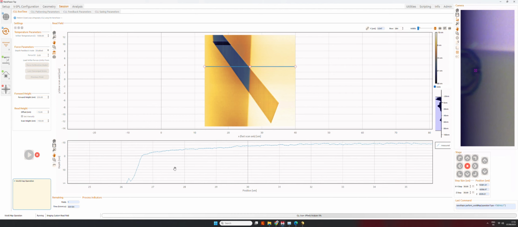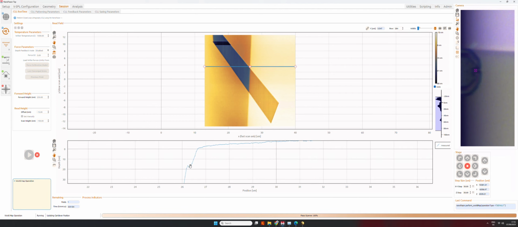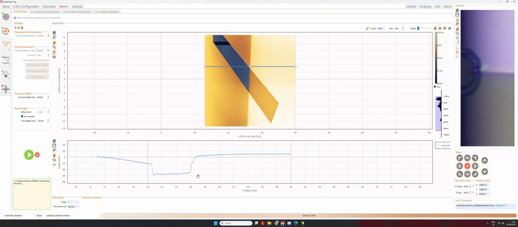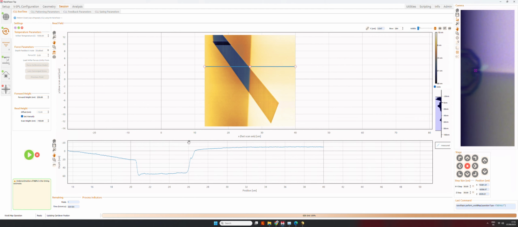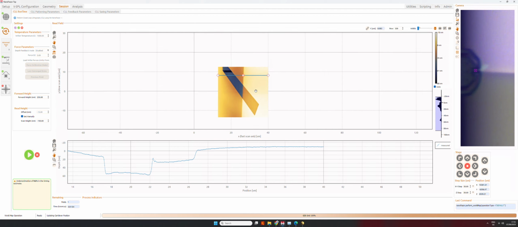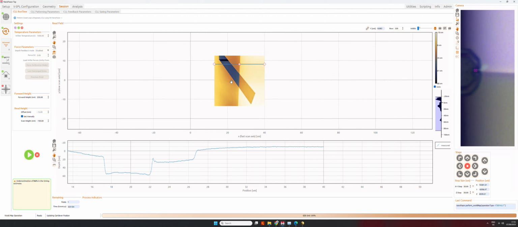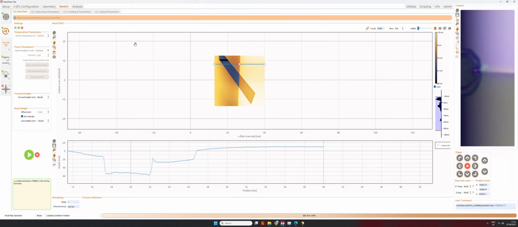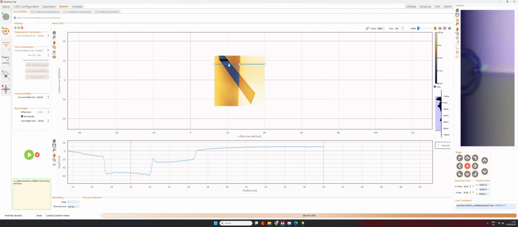Then here, when we are just on PPA, we're going a little bit deeper. And again here. So this is a more realistic topography, and of course you can do a proper flattening either with the Nanofrazor software or with other software.